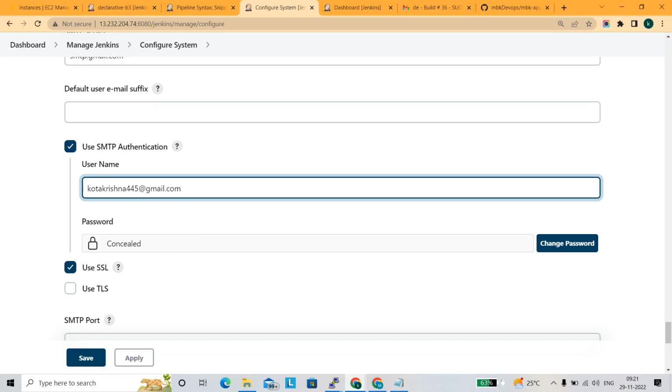Whatever mail id you have given, just go to it, because this is in the new versions of Jenkins, the latest versions,